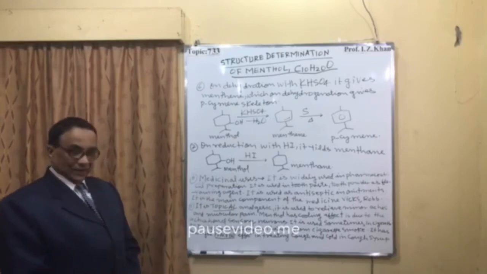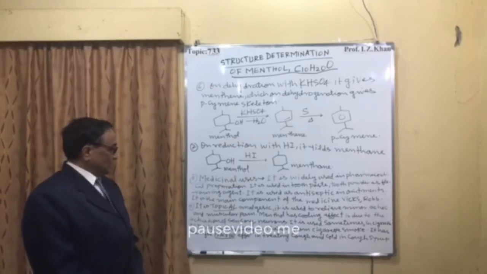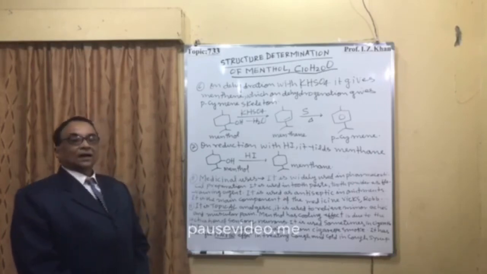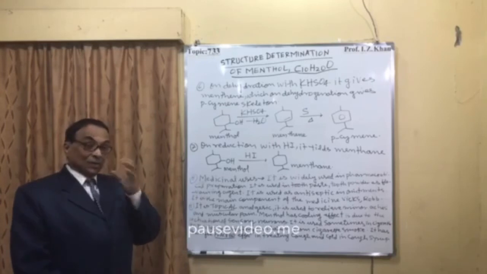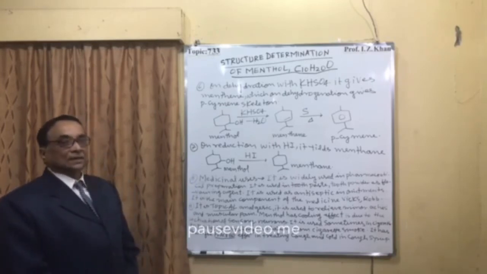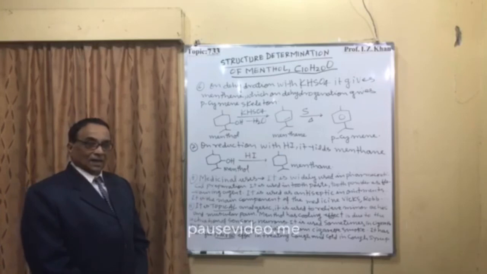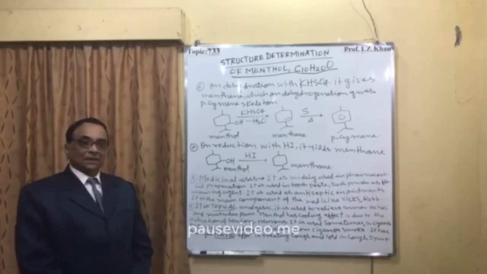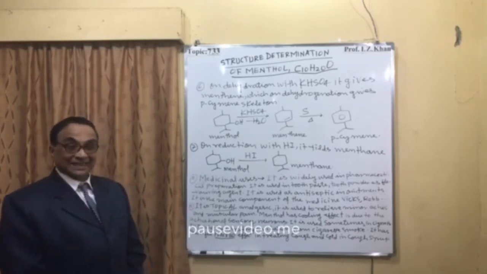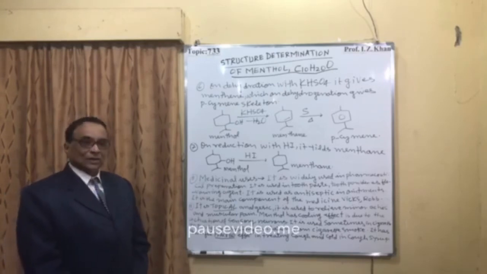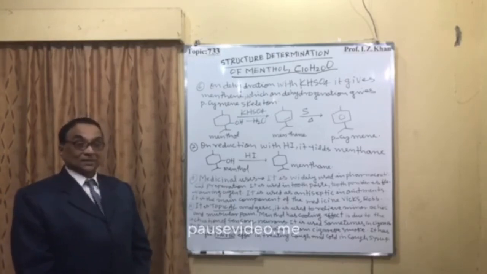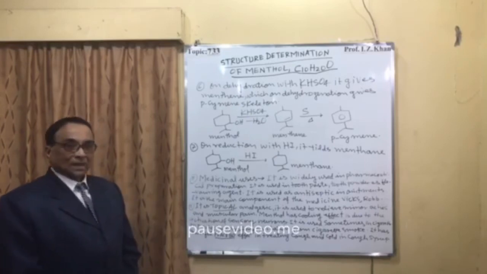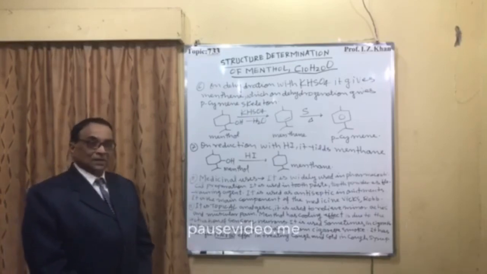Menthol has a cooling effect, and it is due to the activation of sensory neurons, and once sensory neurons are activated, you will get the cooling effect. That's why it is sometimes used in cigarettes in order to reduce or overcome respiratory tract irritation, and also in a lot of preparations like toothpaste, tooth powder and mouthwash, it is used to give the cooling effect.